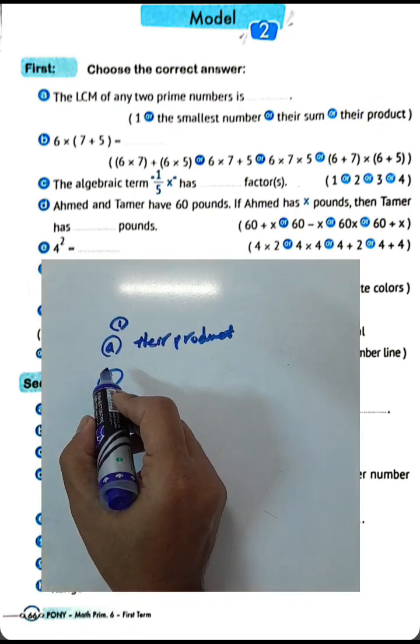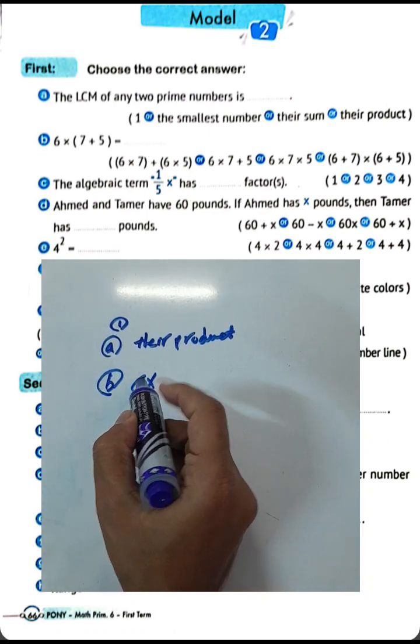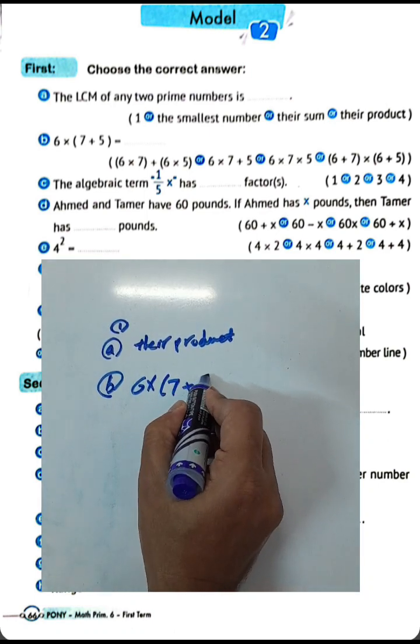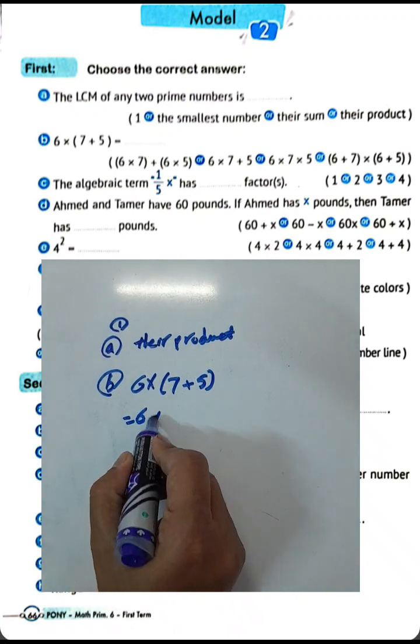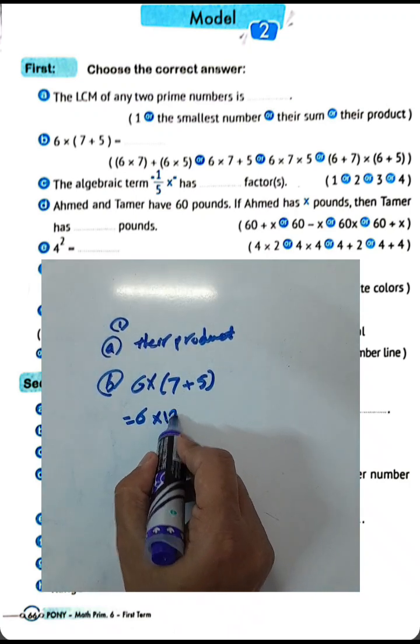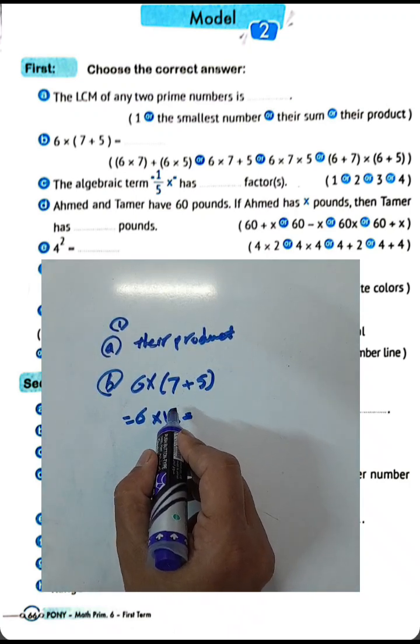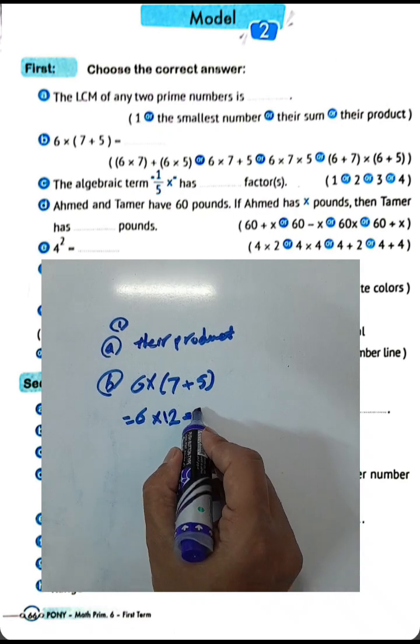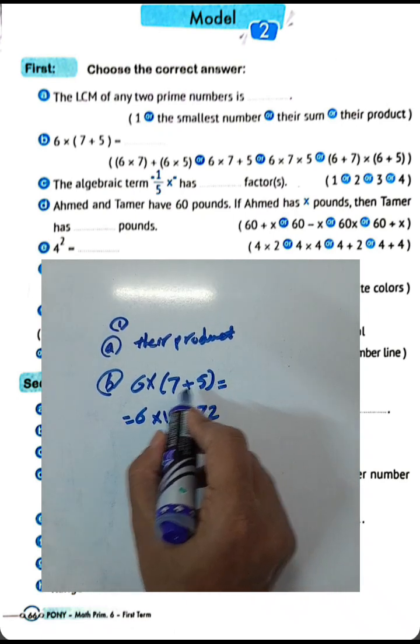Question letter B. 6 times the sum of 7 and 5. It will be 6 times 7 plus 5, which will be 12. And 6 times 12 will be 72. But in this example, you want to find